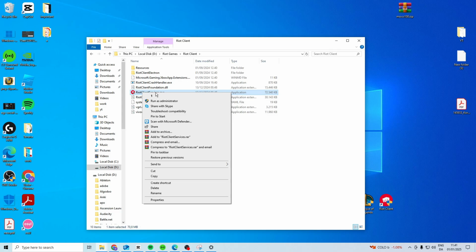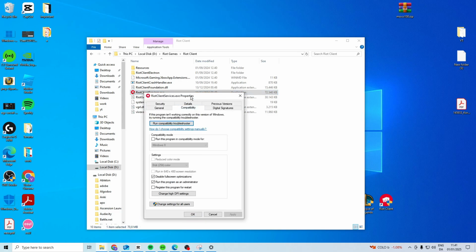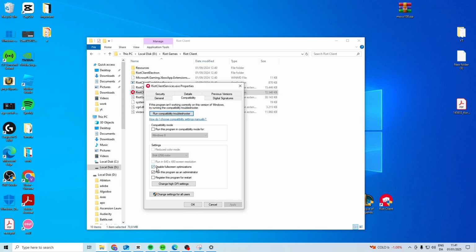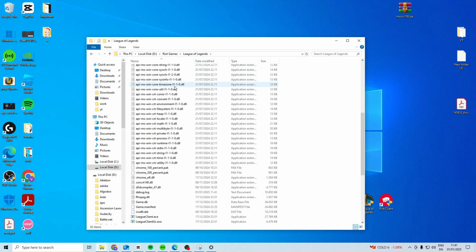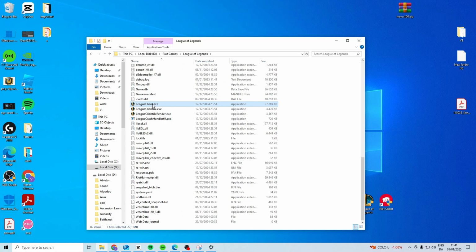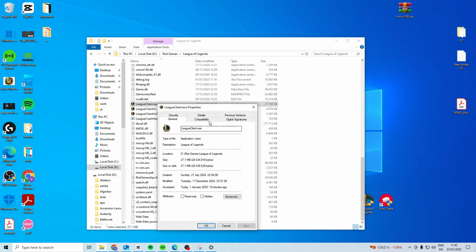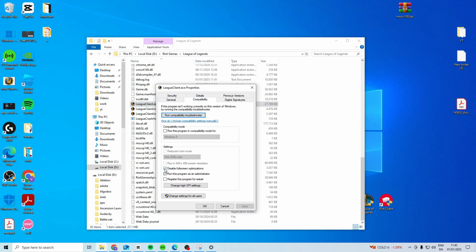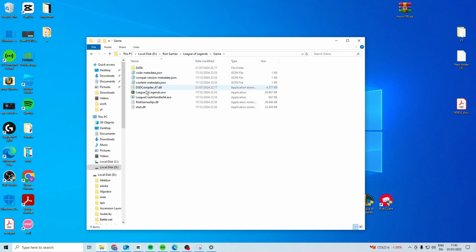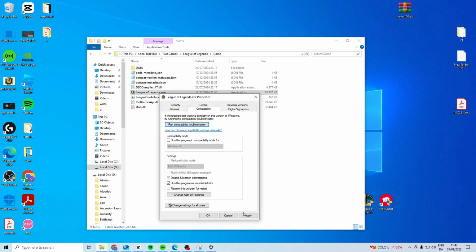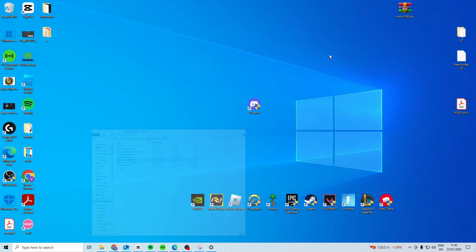Inside here you want to right click on Riot Client Services, Properties, Compatibility, and make sure you activate Disable Full Screen Optimizations. So check this box right here, press OK, come back to Riot Games, League of Legends, and then you want to do it on the League Client.exe, Properties, Compatibility, do the exact same in here, scroll up, find Game, League of Legends.exe, and do the same, disable full screen,